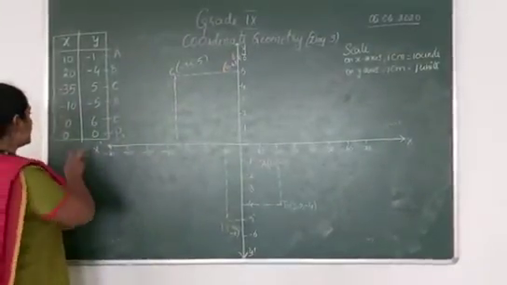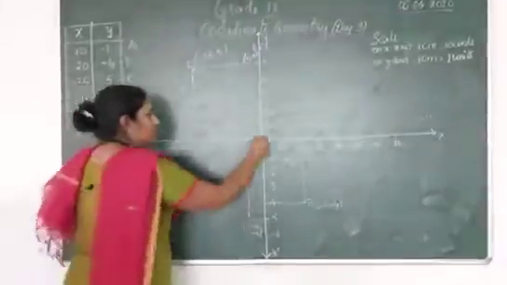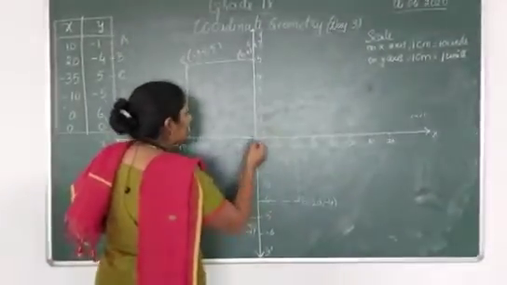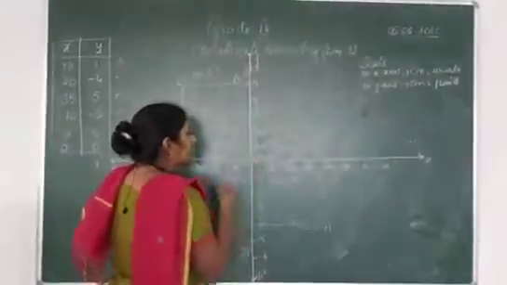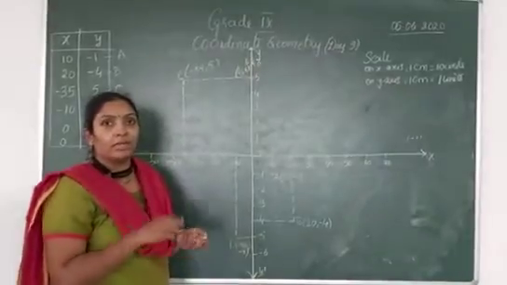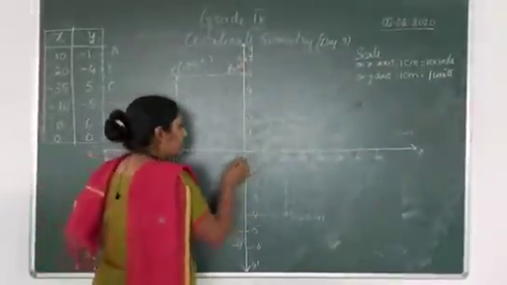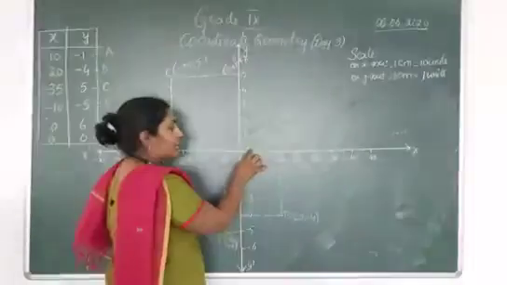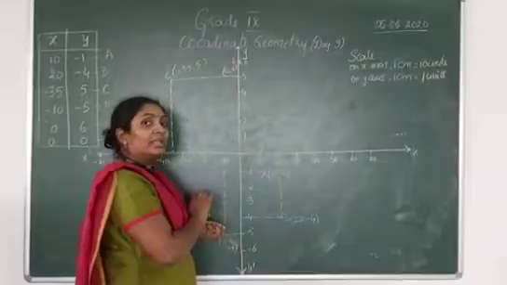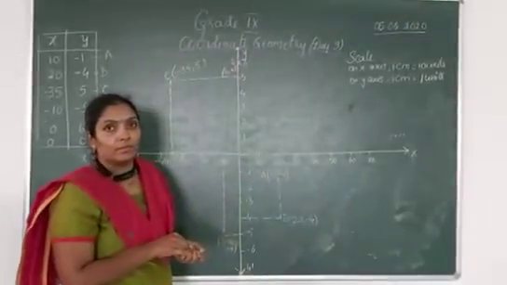Okay, and the last point is 0, 0. It is universal, obvious that at the point of intersection, because any scale starts from 0 in both the directions. If you take both the directions, it starts from 0, right? The midpoint will be 0. So the point of intersection of both the axes, that is the origin, the coordinates of the origin anywhere you take is 0, 0. Easy to plot.